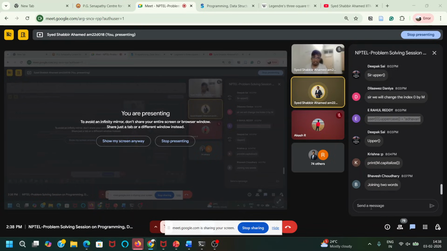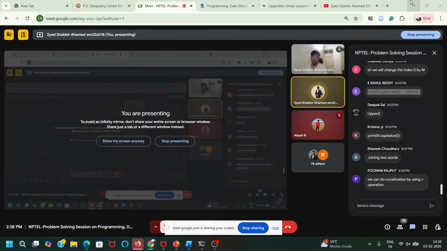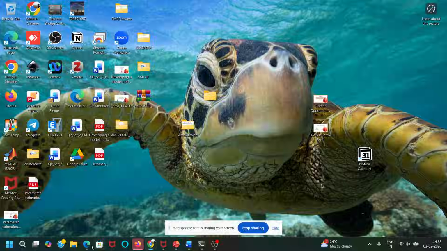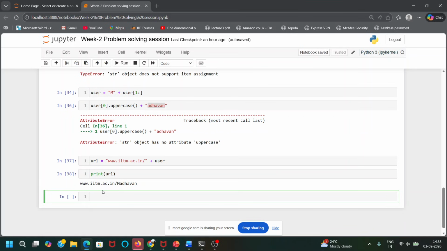This is called concatenation, joining two words or joining two sentences, whatever it may be. There are a lot of these operations which we can do with strings, and this is mainly used in word processing. Whatever we use, like Microsoft Word, or in the backend, these kinds of things will be happening when we are just using the user interface, or if you are using Google or something. Yes, joining two or more strings, all these things you can do. So strings are used for this case.